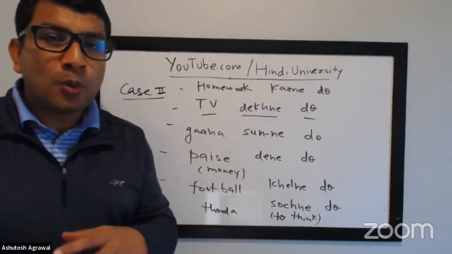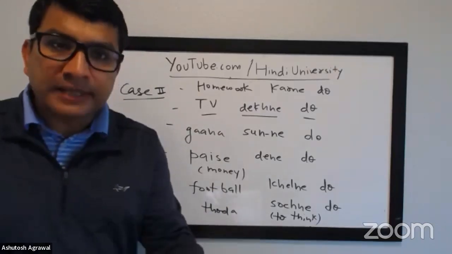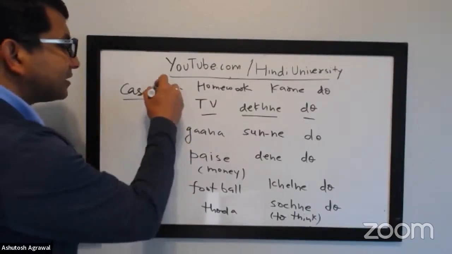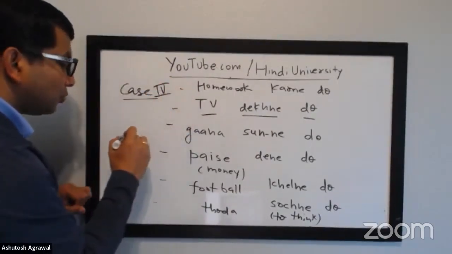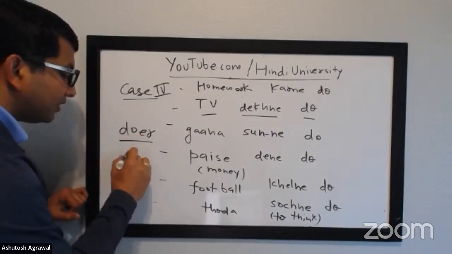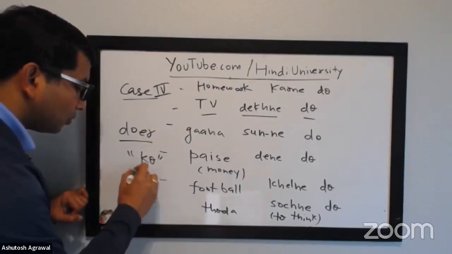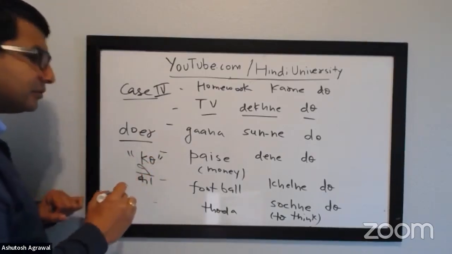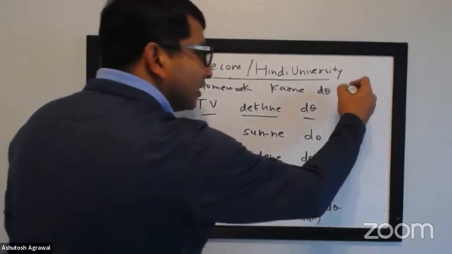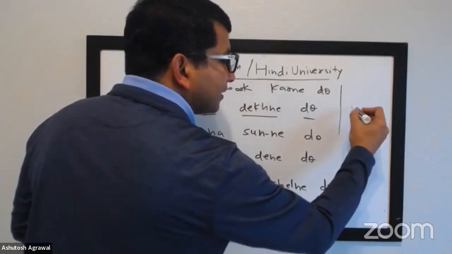Whoever you're permitting, it's governed by, I mean, I didn't write case 3, but this is your case number 4. Whoever is the doer or you're permitting is governed by the postposition ko. Whoever is permitted to do something. So let's say in our case we are permitting, give a name, let's say we are permitting Mia.